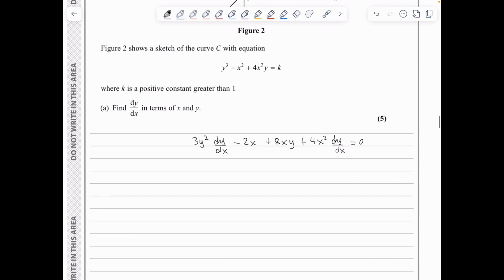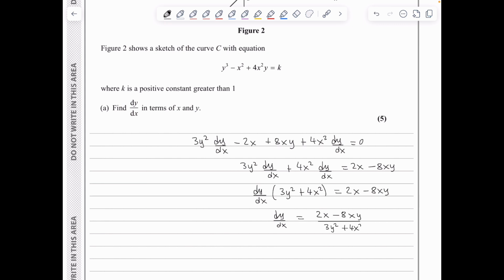Then I will collect the terms in dy/dx on the left hand side to give me 3y squared dy/dx plus 4x squared dy/dx is equal to 2x minus 8xy. I will factor out the dy/dx on the left hand side to get dy/dx brackets 3y squared plus 4x squared is equal to 2x minus 8xy, and therefore dy/dx is equal to 2x minus 8xy, and all of it divided by 3y squared